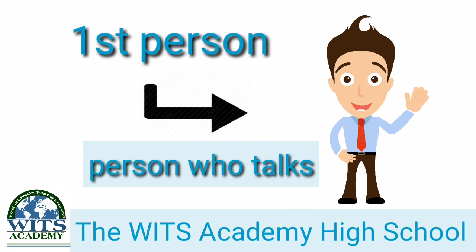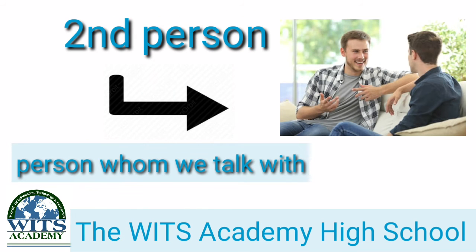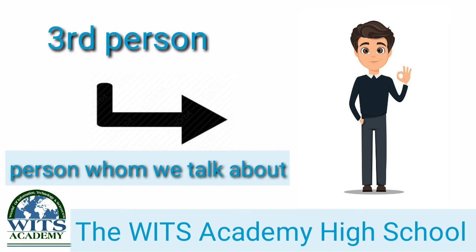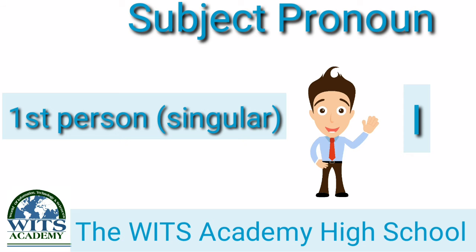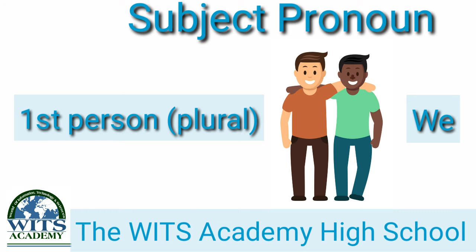Look, the one who talks is called first person. The one whom we talk with is called second person. And the one whom we talk about is called third person. Okay, students, here in subject pronoun, I is first person singular, we is first person plural,